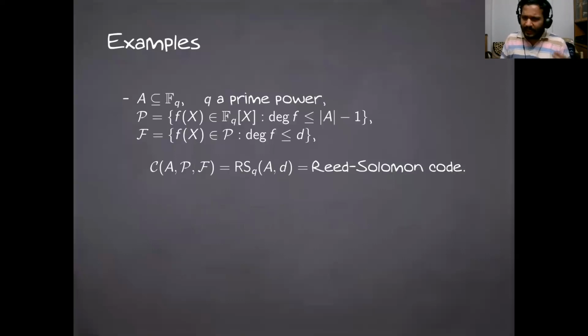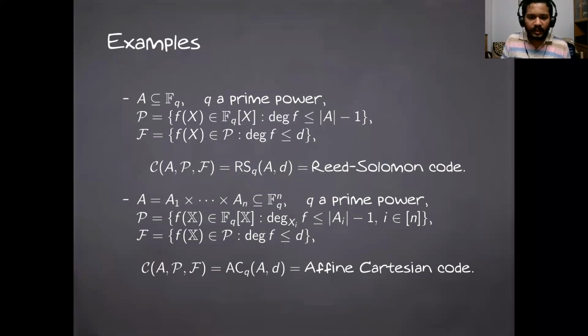Let's consider a slight generalization. Instead of the full finite field, if we stick to evaluations on a finite subset, we get a Reed-Solomon code on a finite subset. But then in order to get unique polynomial representations, we would have to restrict the degree bound to the size of the set in some sense. So the degree cannot exceed a minus 1, where a is the size of the set. And analogously, you can define it for the Reed-Muller type codes also.